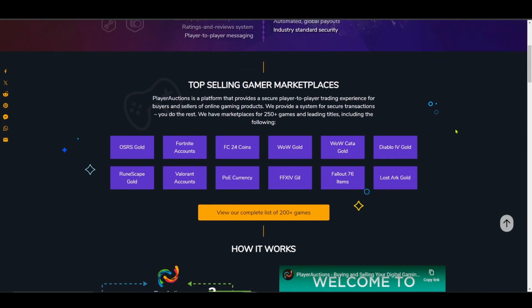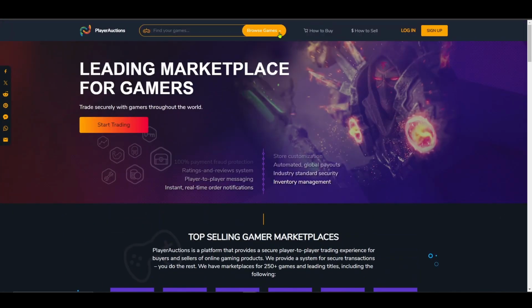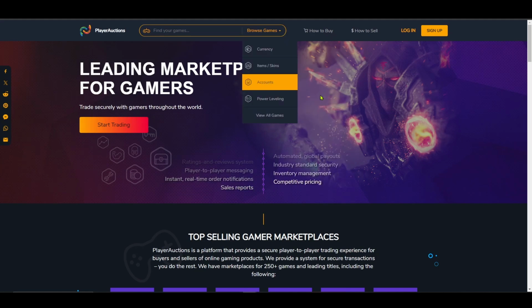All these games are online games, but they're constantly being updated. They're constantly looking for new ways to catch people, and they will come and watch a video like this to see what people are doing and how people are getting around their detection methods. So the biggest issue you have is that you buy something, let's say you buy an account, and it gets blocked. The account you bought could get blocked before you sell it, or just afterwards, and then you end up in trouble with eBay.